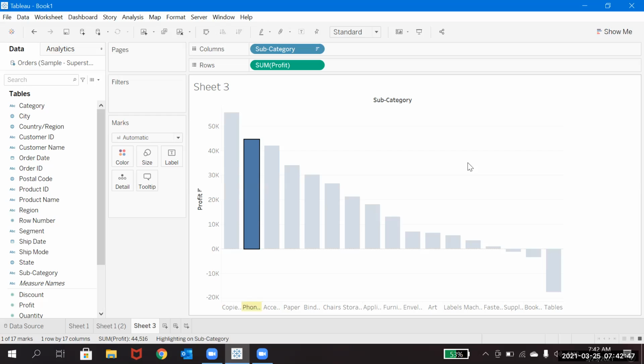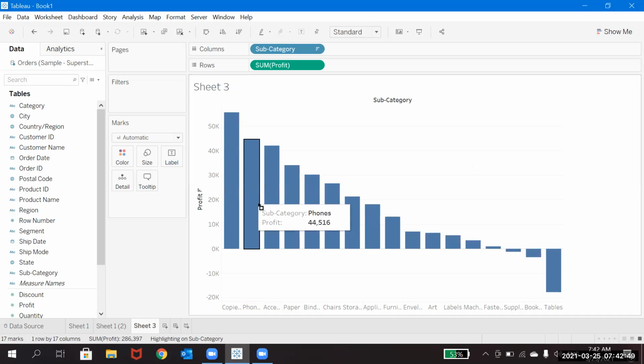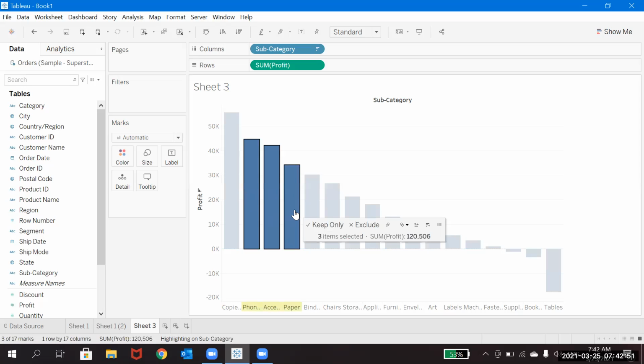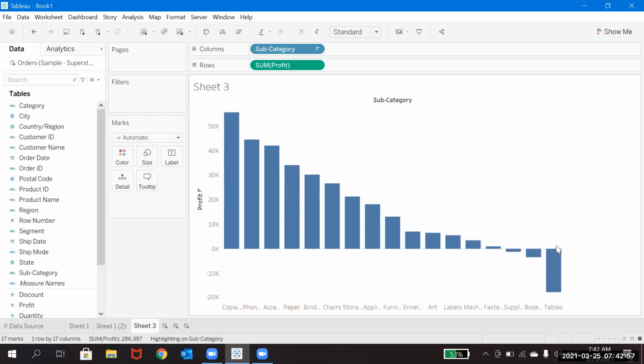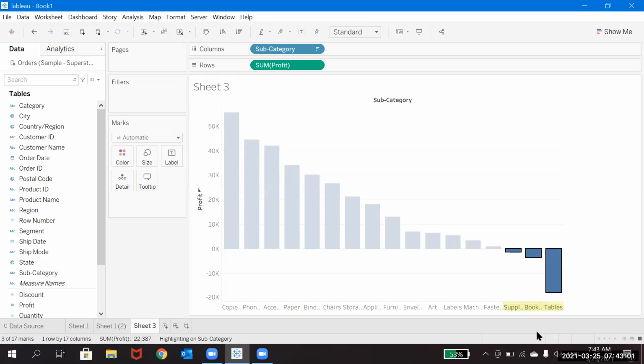Wherever you are selecting, let's say these three, it will highlight this. Maybe I just wanted to highlight the negative portion, so it will highlight this. The highlighter will help you when you are presenting to somebody, to clearly represent and highlight all those things.